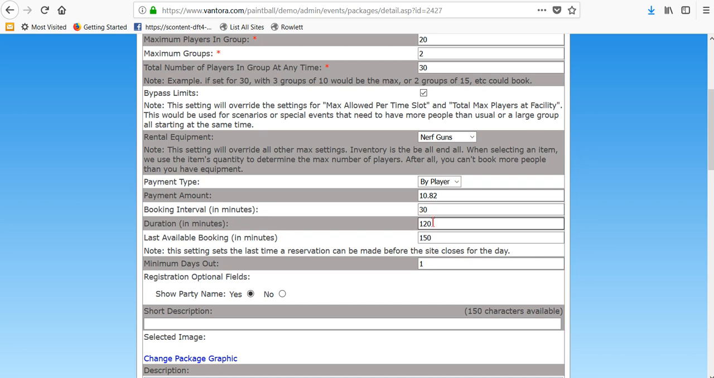How long are people going to be there? So let's say 2.5 hours for this Nerf party. Now, last available booking time in minutes. So this number is how long before you close do you want to set the last time? So for example, let's suppose we're open until 8 p.m. So if we're open until 8 p.m. and our duration is 2.5 hours, that would mean my last available booking would be at